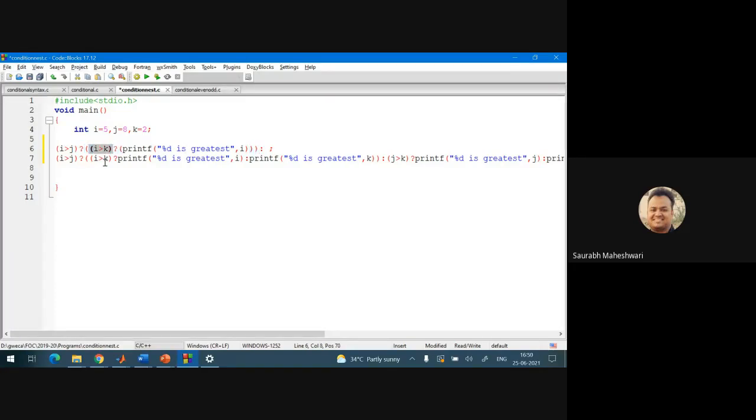If this condition is false, it means, I should give space so that you are able to see it properly. Fine. So this belongs to this. Okay. Now what is the false part? This would be the false part, that k is the greatest.